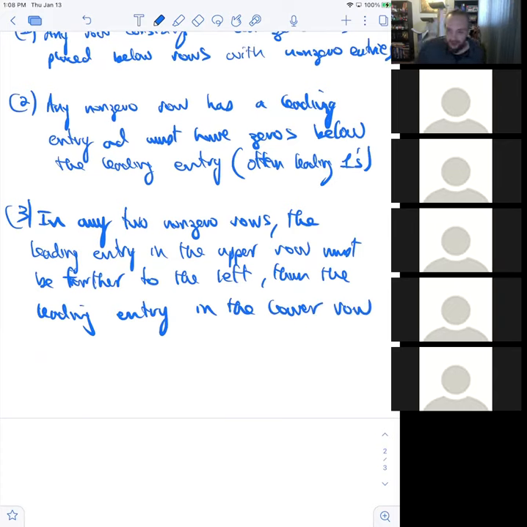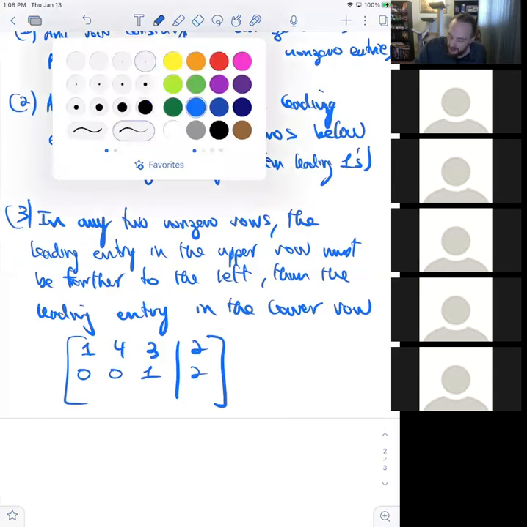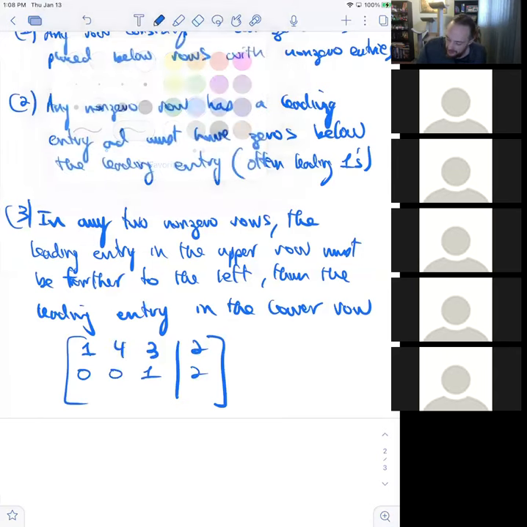This is row echelon form. What they mean by that is eventually you're going to have this staircase. So I like to have ones, but you can have 0, 3 equals 2, say, and then you can have 0, 0, 1, 2. And then, so if you have this,